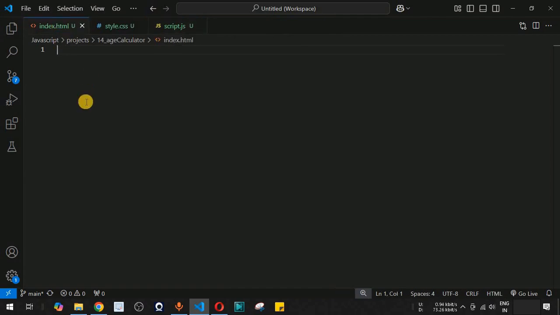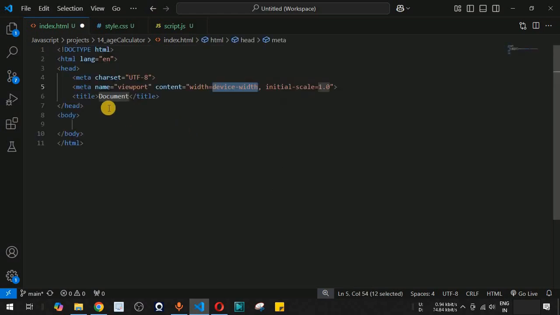Now guys, simply let me just provide the basic HTML template inside the index.html file, and for the title part we will simply name it as age calculator followed by the name of the YouTube channel